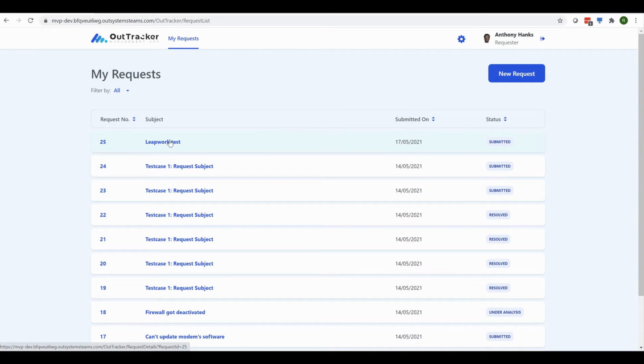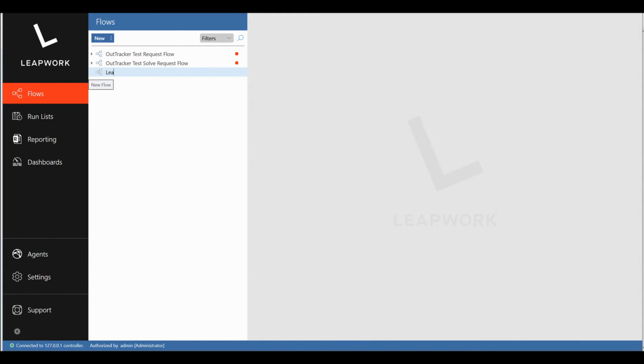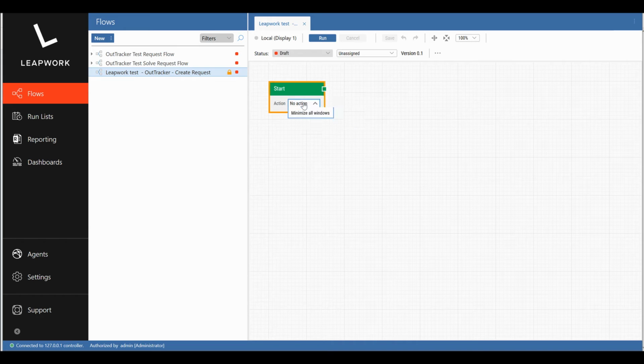I'm going to rebuild this flow within LeapWork. To do that, I'm first going to manage my data: LeapWork test, then OutTracker, and then create request. I'm going to start this one. You see here start. To start, you can decide to close all windows or to minimize all windows. I'm going to start with minimizing all windows